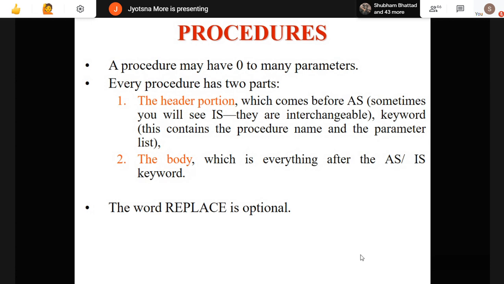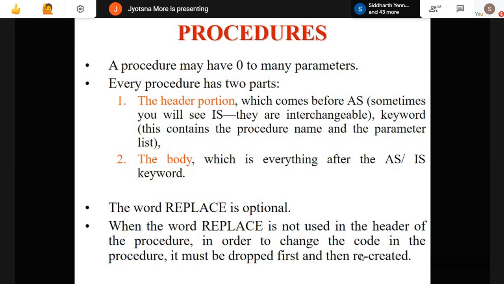Okay. The word replace is optional. I already told you why we are using the replace keyword. If your procedure is already there and you want to modify it, you can just use create or replace. If you are not using replace and you run the procedure, it will give you an error that the procedure already exists. So for that, you have to first drop that procedure and then create it.